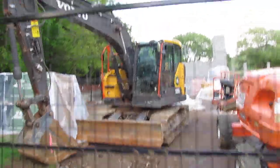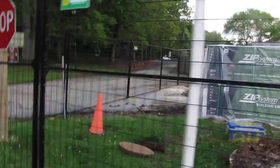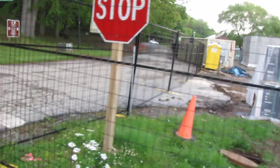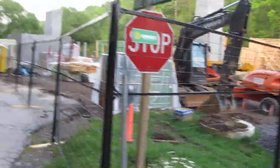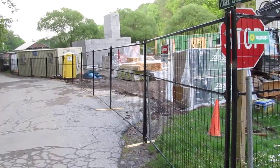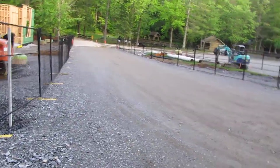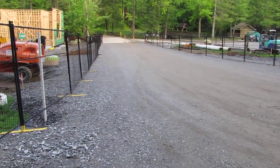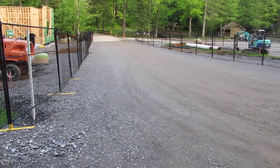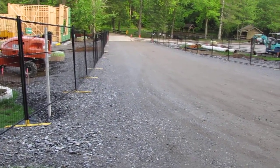Here we have a nice bugger. That's a pretty big one. So they opened up a bit of the road again. Remember, the original road would have been coming in here. And over here, the green patch with the trees is gone, the green is gone, so they gravelled it over. Of course they need to have more